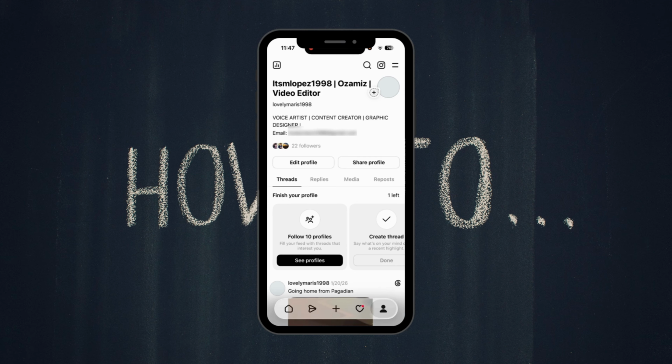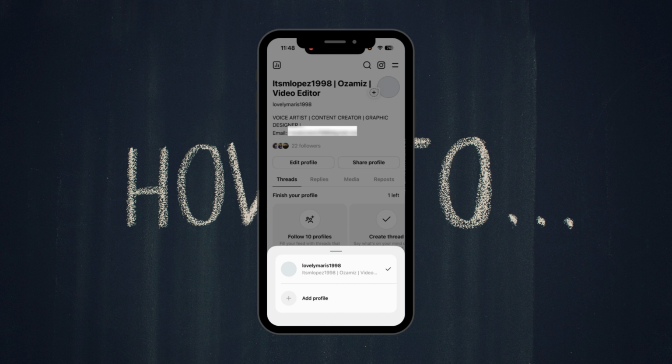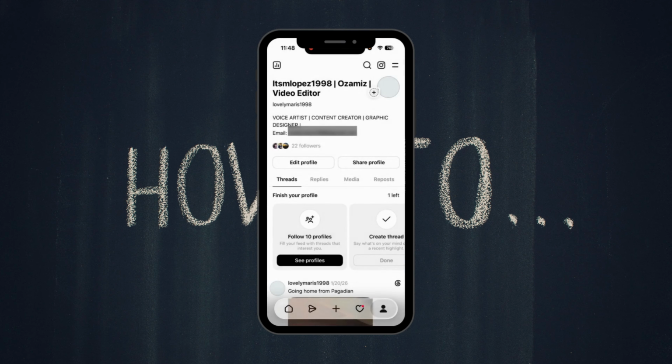Threads profile. So to switch between accounts, open the Threads app and press your profile at the bottom right corner. So press and hold it. Then tap the username you want to use. So select the account you want to use or tap add profile to sign in with another Instagram account if